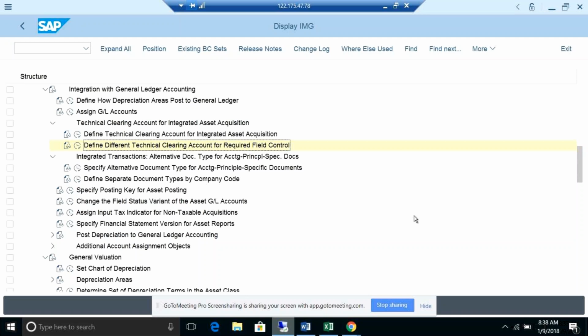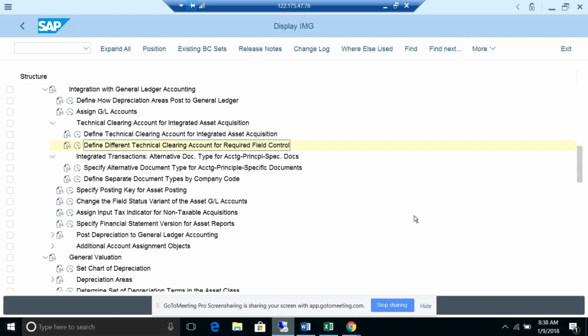So then in the first leg, it will be posted only to the technical clearing account, and then in the second leg it will be posted to the asset according to the valuation methods. For my IFRS valuation method I want to capitalize. For my local GAAP I don't want to capitalize. In the same way, in the second leg it will be posted. So for that, it is helping.